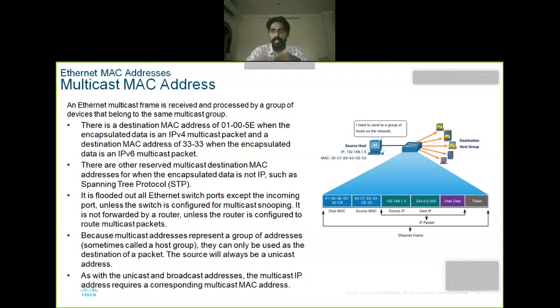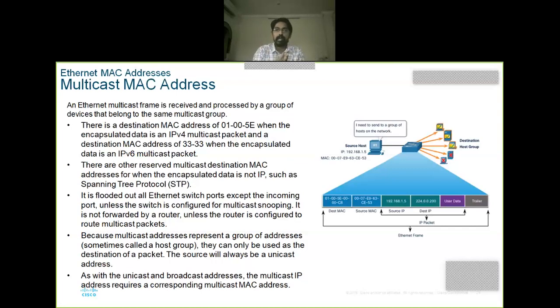Like that, in networking, if you want to send data to a particular device, you insert the destination MAC address of that device, right? If you want to send data to all the devices in the network, at the destination MAC address you fill the broadcast MAC address, which is FFFFFF, right?